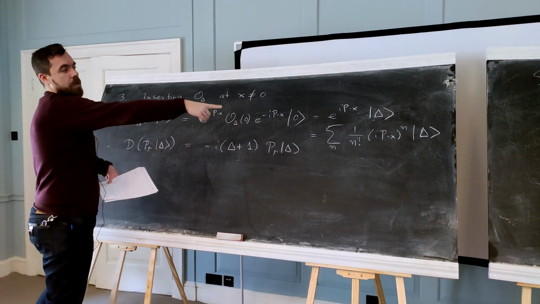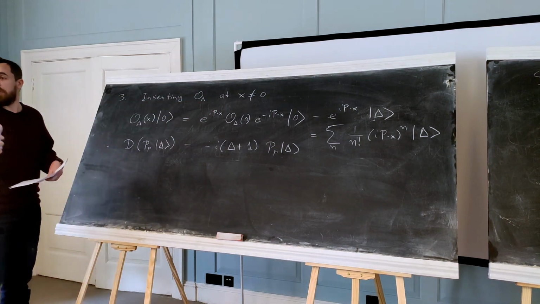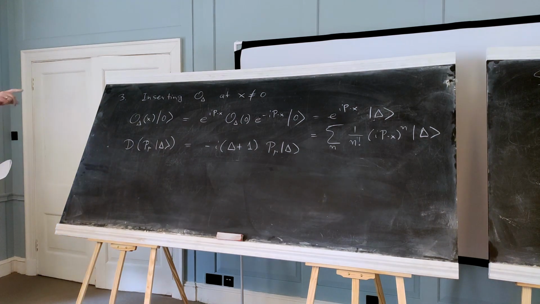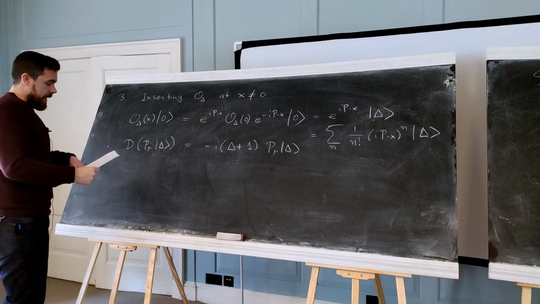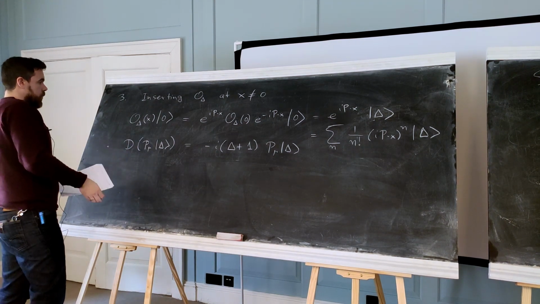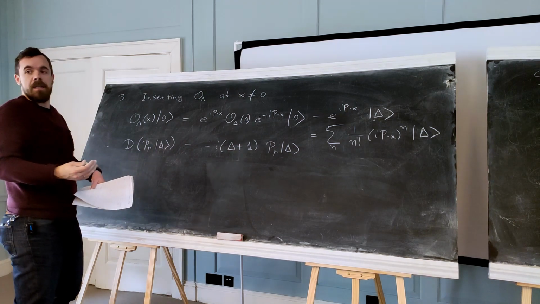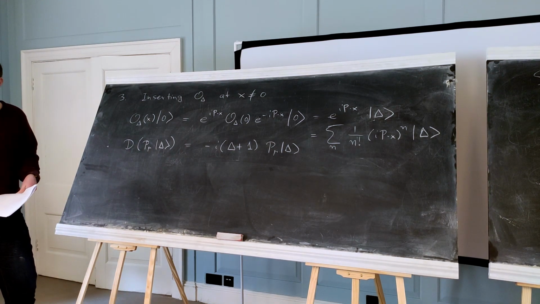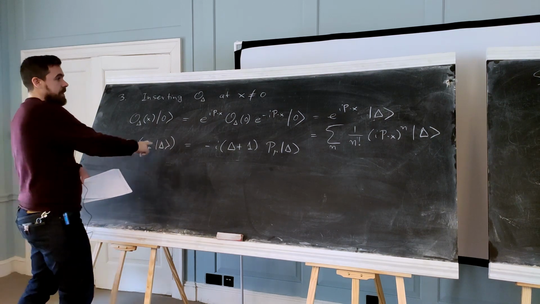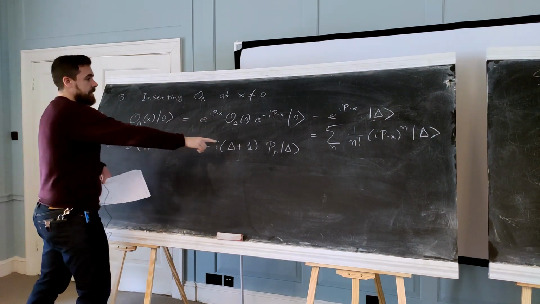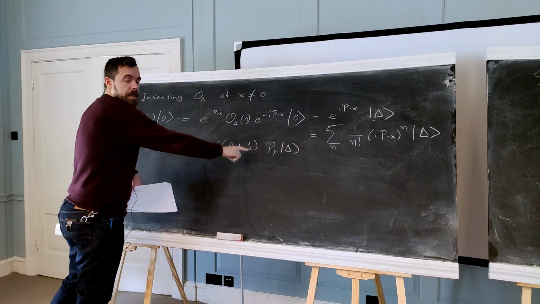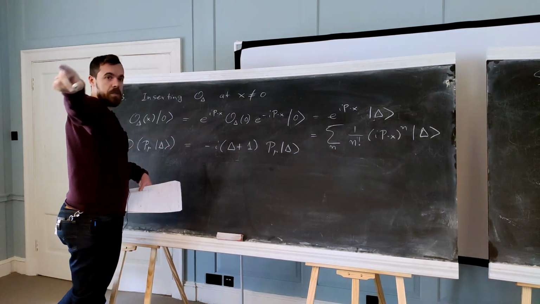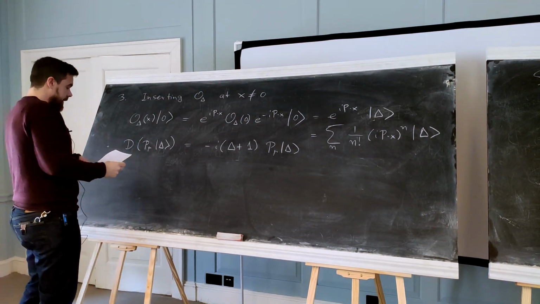So now you know how it's going to go through, what it's going to do when it acts on the product p to the n times delta. And what we see is that we don't really get an eigenstate, but we get an infinite combination of eigenstates. Because if it acts on the state with 1p, it's going to be the state delta plus 1. And then if it's 2p's, delta plus 2, and so on.